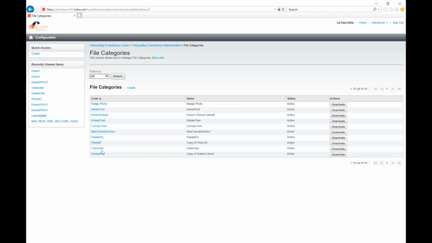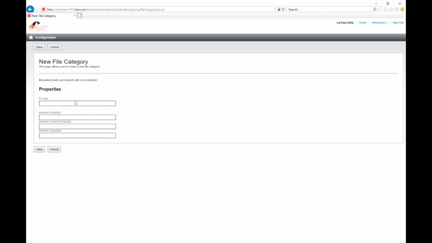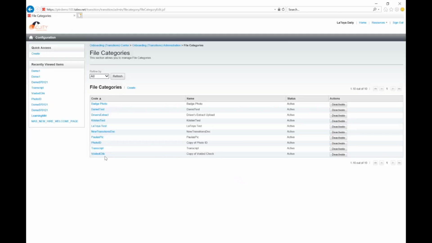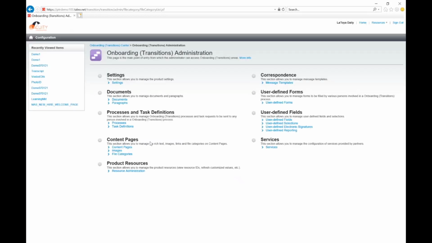I have my photo ID, my transcript, and my voided check. If I wanted to create a new one, I would just hit create, give it a code, and then put in the name that I want to display for that particular upload. Okay. So once you have all of your file categories documented, then you go back to administration, and we're now